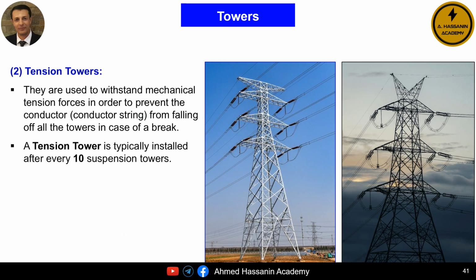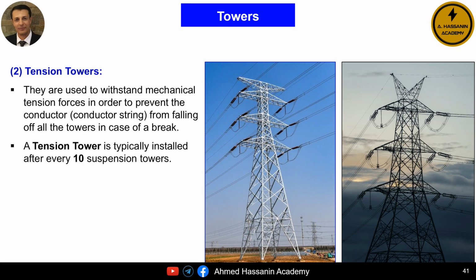The second type of tower used in overhead transmission lines is the tension tower. The primary function of tension towers is to withstand mechanical tensile forces. From the diagram in front of us, we can identify the tension tower. In other words, we notice that a tension tower is characterized by having two strings of insulators at each attachment